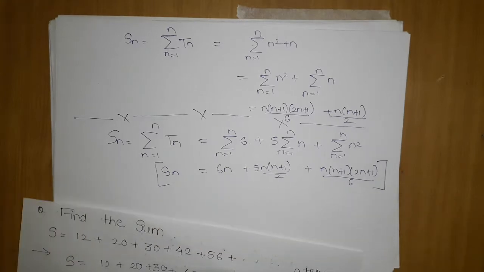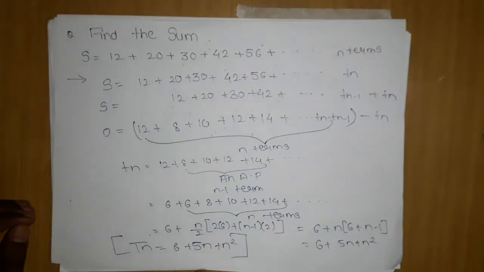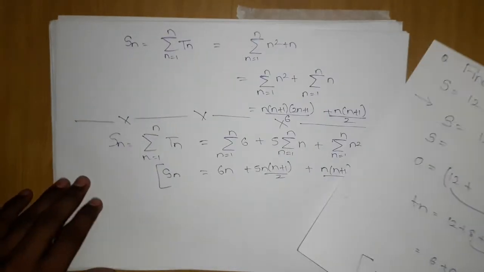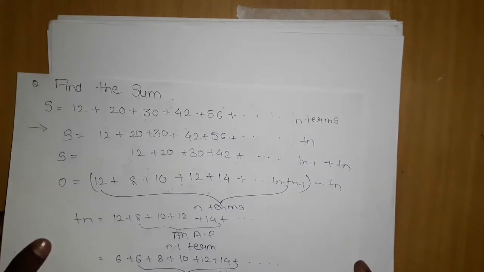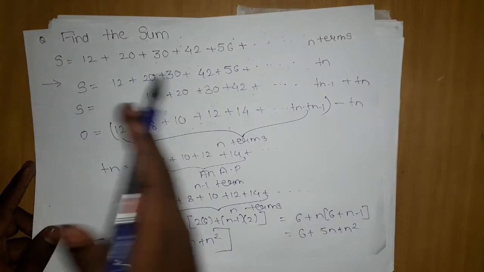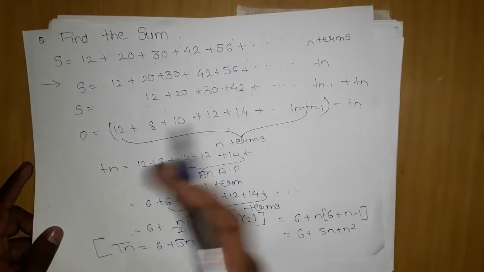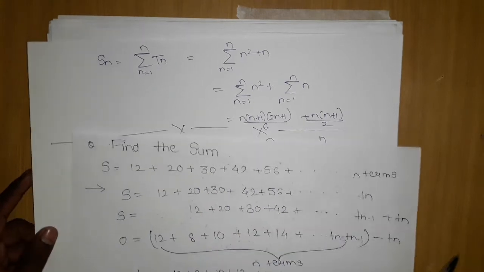Now you must have understood how difficult it is if you cannot predict the Tn. Sometimes the Tn prediction is very difficult, like in this problem, so you have to go with this approach. Now we have done this problem, and this was similar to the previous one, so we are not going to explain it again, but you need to understand the steps. Consider the S, write the S again, move all elements one step forward, and then subtract it, get the Tn. Find its sum, use the Sn formula, Sn equals summation Tn, and get your answer. That's that simple. Now let's move on.